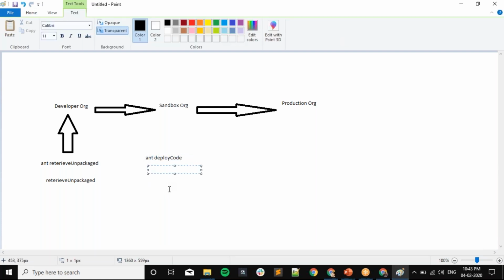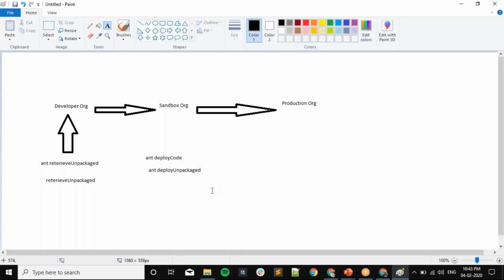If you want to test your test classes, then you need to write deployCode. If you don't have any test classes, then you can just deploy the unpackaged folder, and it will be deployed to this sandbox.